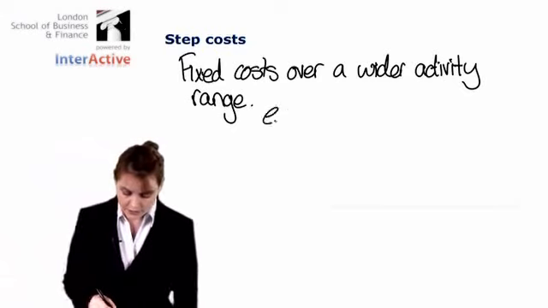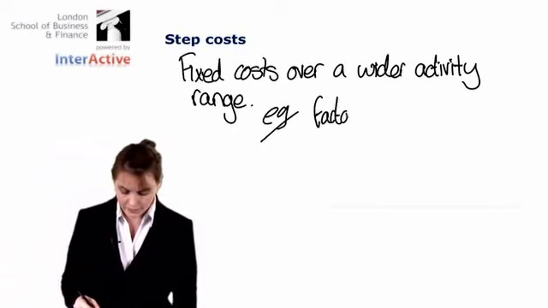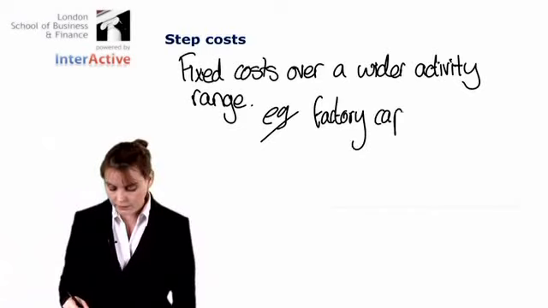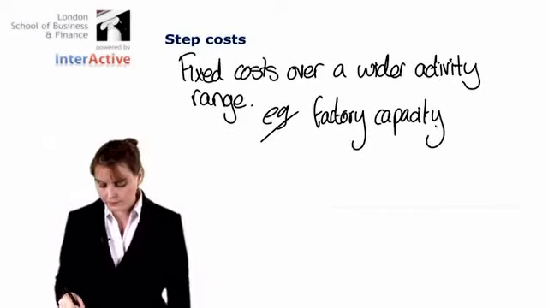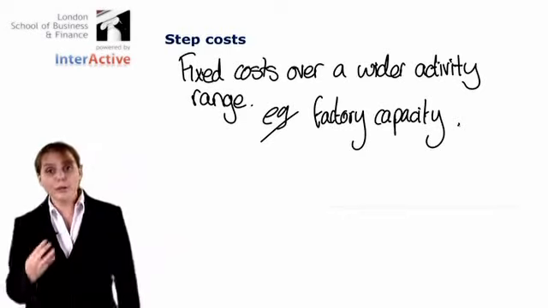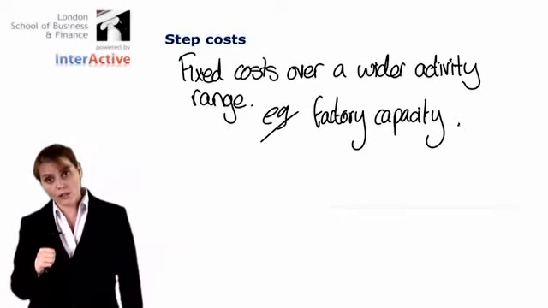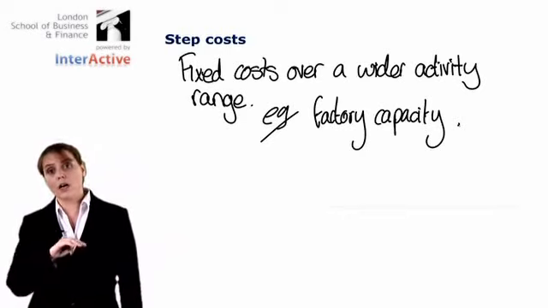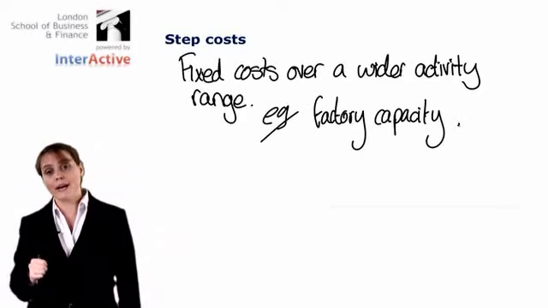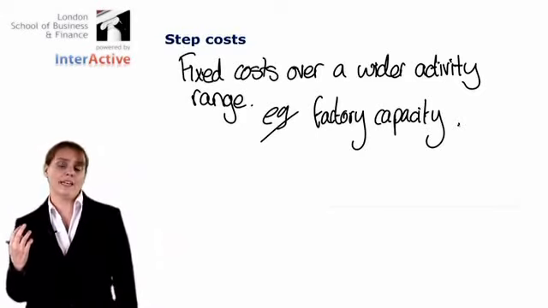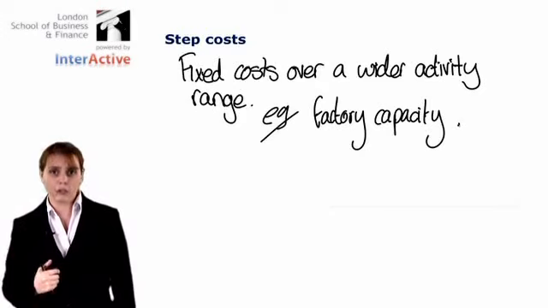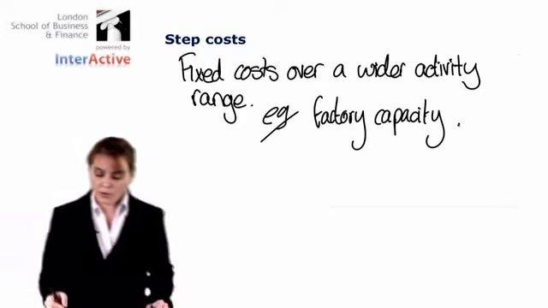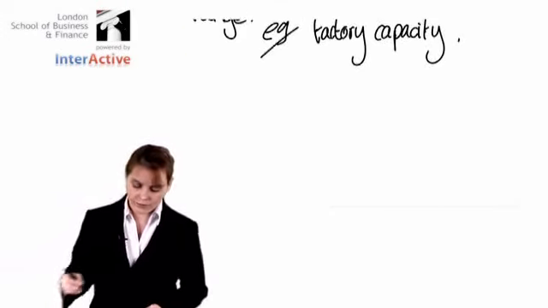So an example of a step fixed cost is factory capacity. Even though we do expect rent to be a fixed cost over a certain activity range, eventually that cost will increase. So if we look at this on a graph